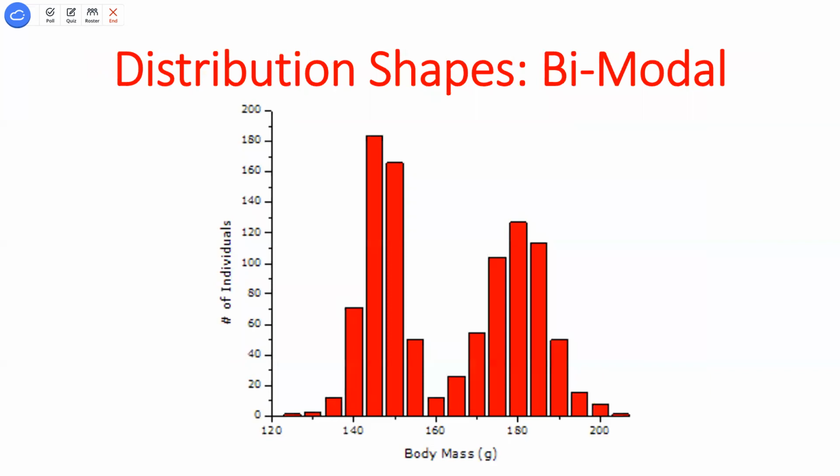We might also have something that looks bimodal, right? So I've got an old graph of body weight, basically. Now, if I look at this, and I map out this distribution, I almost have two normal distributions here, right? We see the normal distribution pop up a lot in nature, a lot of biometrics. So if I'm looking at weight, why might I see what looks like two normal distributions here?